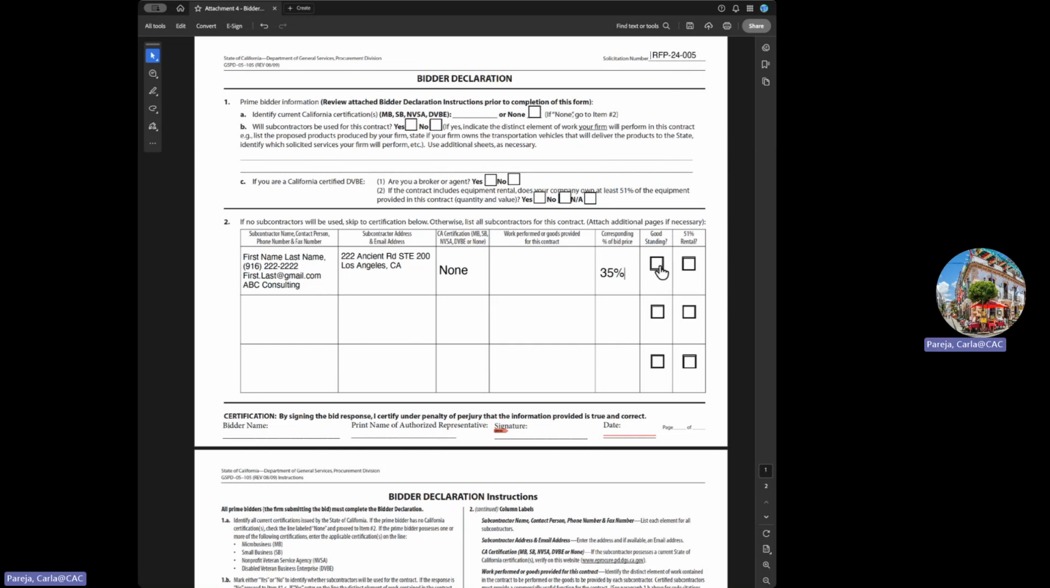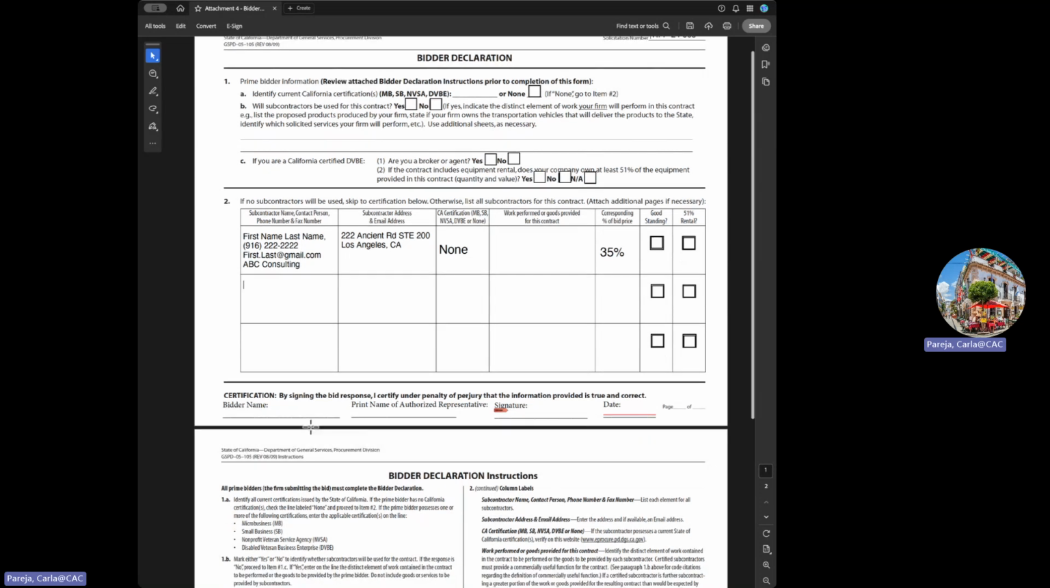Are they in good standing? If you don't know that, then you don't need to indicate. If there's a 51% rental needed, and if that's not the case, then you just leave it blank. So this is where you list all the subcontractors the prime bidder will be using. And then if you are using a second subcontractor, then you also include their information. If you're using more than 3, then you may need additional pages. Once you have additional pages, you need to attach them with this form or include them with your bid